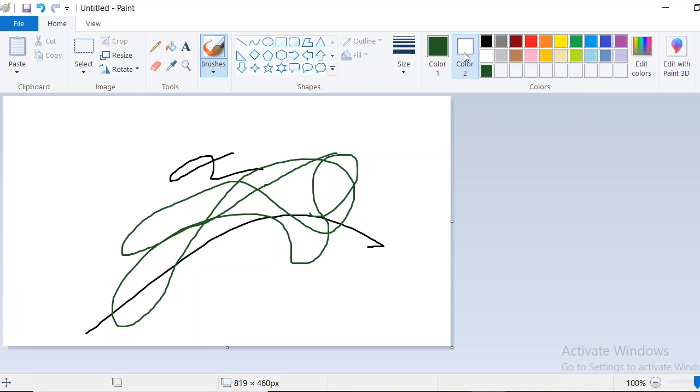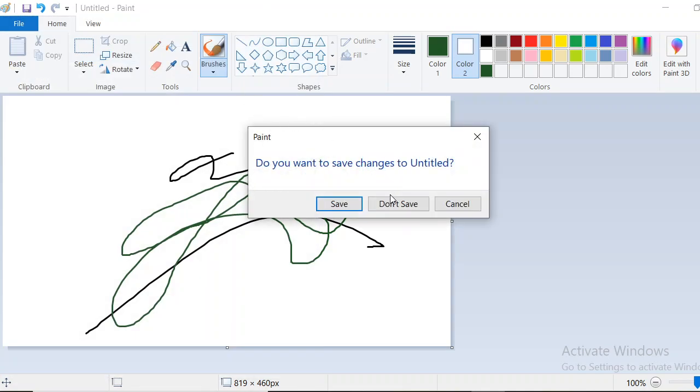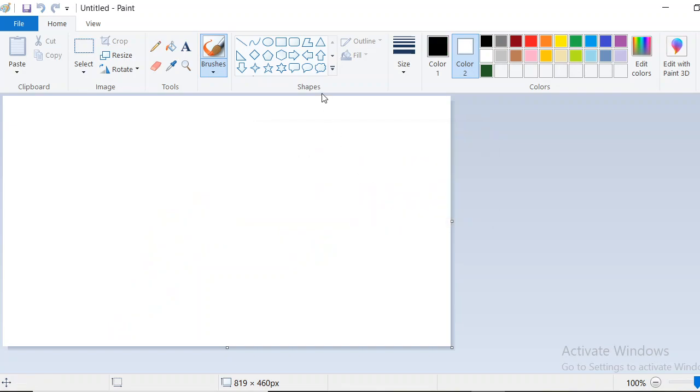Next we can look at different shapes in the shapes group. For that I want to take a new window. Going to take a new one, and I don't want to save. In the shapes group, different shapes are there. Line. Now we will take each one. Line tool. Now I'm taking one color also and drawing one line. This is a line tool.